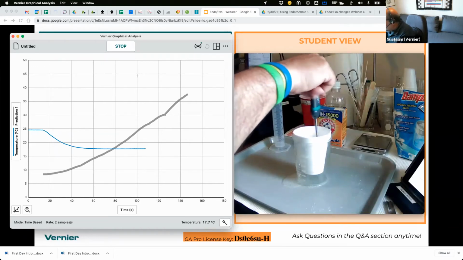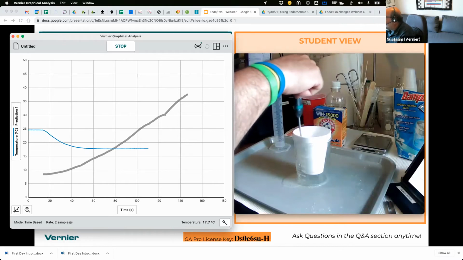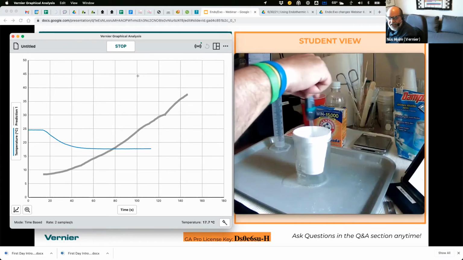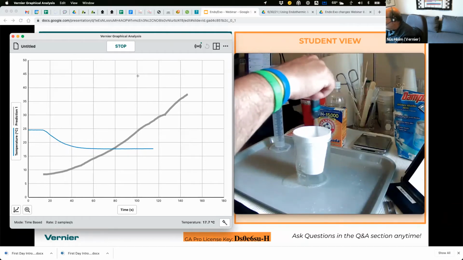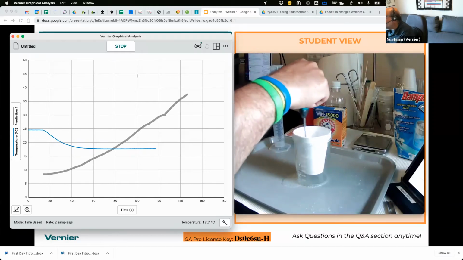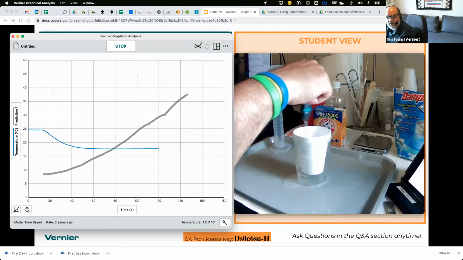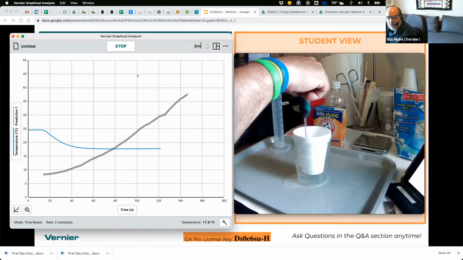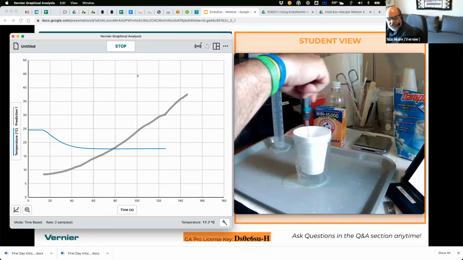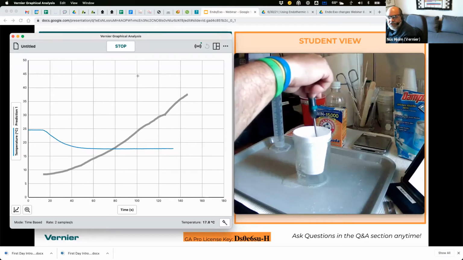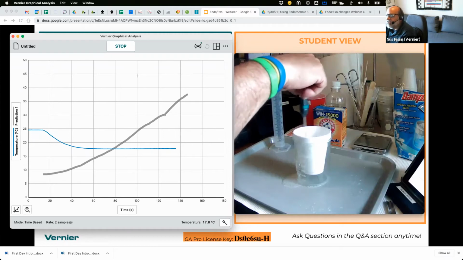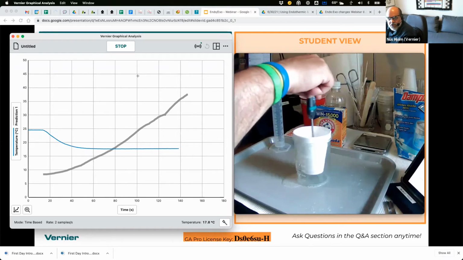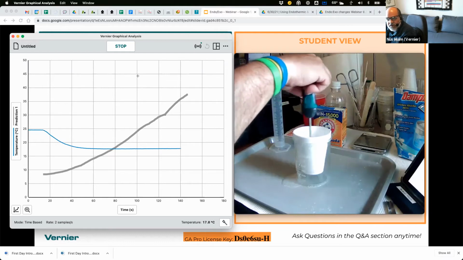And so, but you've got this was a chemical reaction. The next one we're going to do is a solubility. So there's a lot of what's the difference between a chemical reaction and not a chemical reaction. I mean, it's a very, very rich activity, yet you're not going to talk about any of that the first day. All you're going to do is collect data and have the students calculate delta T. That's all you're going to have them do. And just the idea that many reactions that involve changes in temperature, you would do similar to this using some sort of a